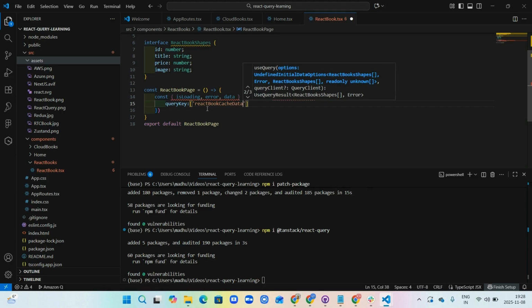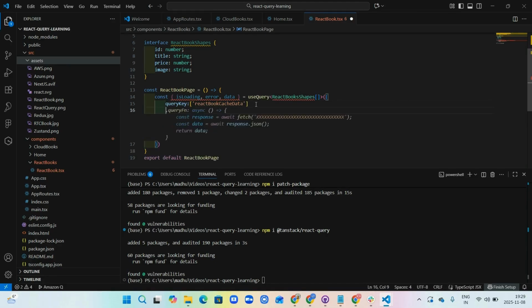This query key is the unique name for the query. Here I have named it React book cache data. This key is important because React Query uses it to cache the fetched data. That means if you ever need to access the same data again later, we can simply refer to this query key